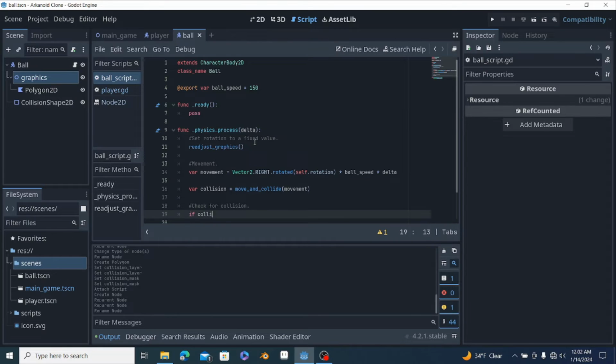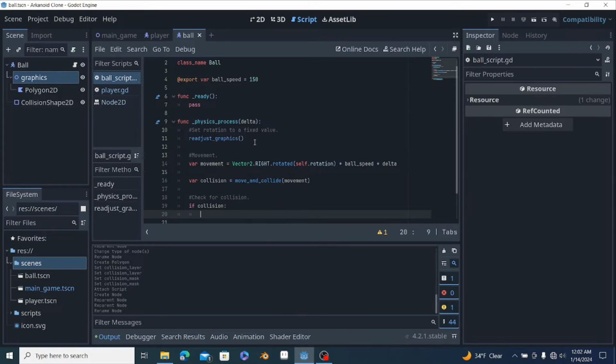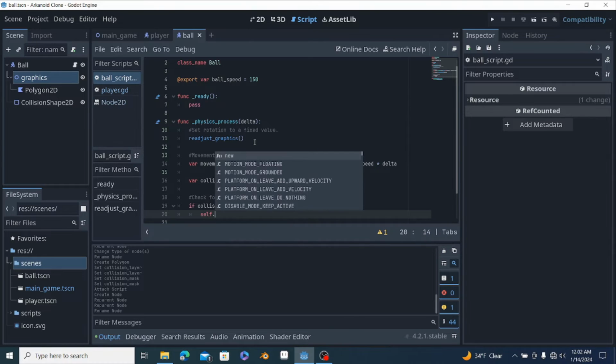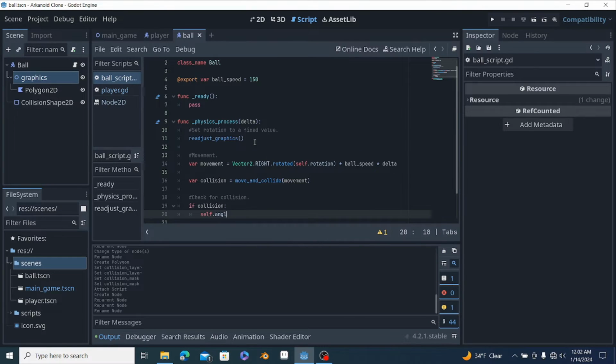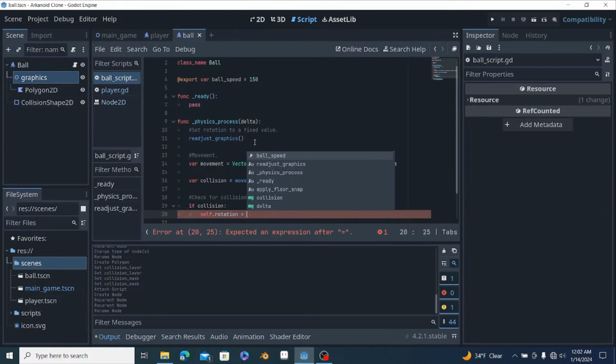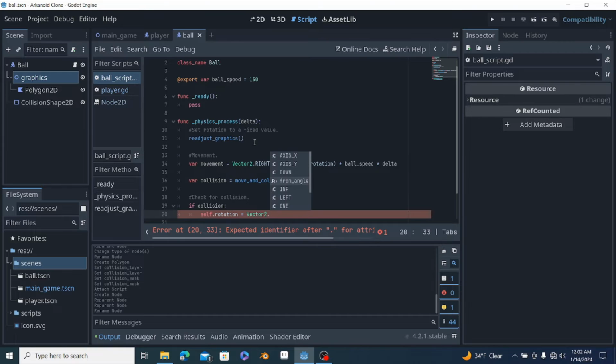If collision, self dot angle, self dot rotation equals vector2 dot from angle self dot rotation